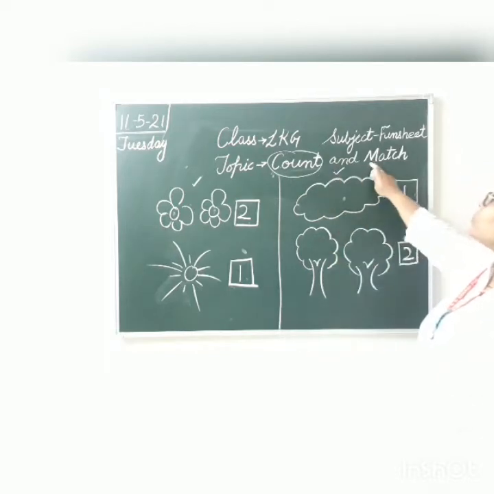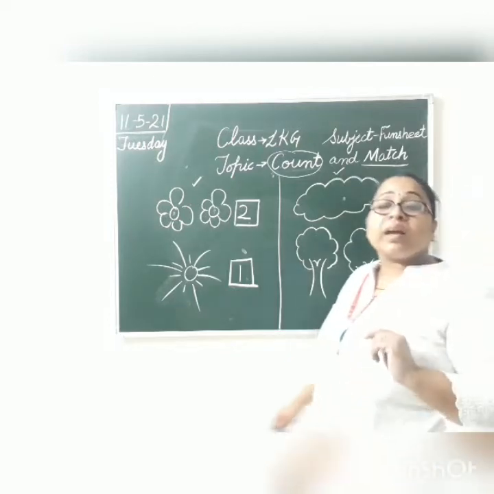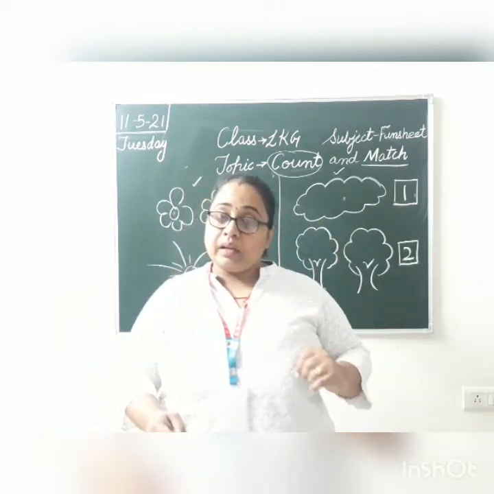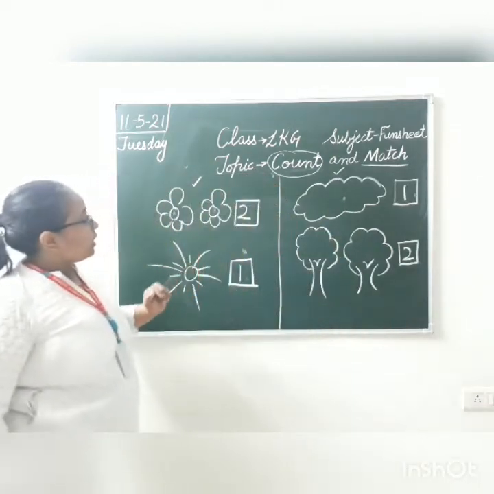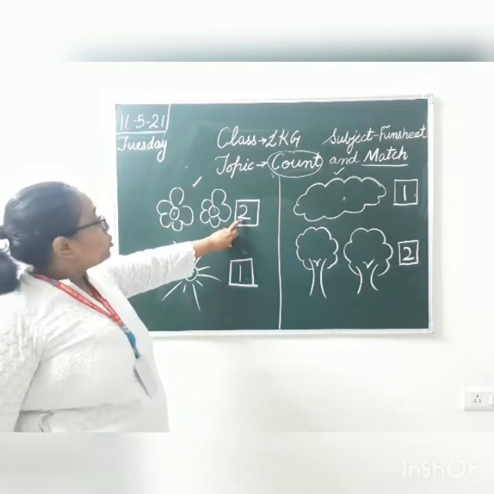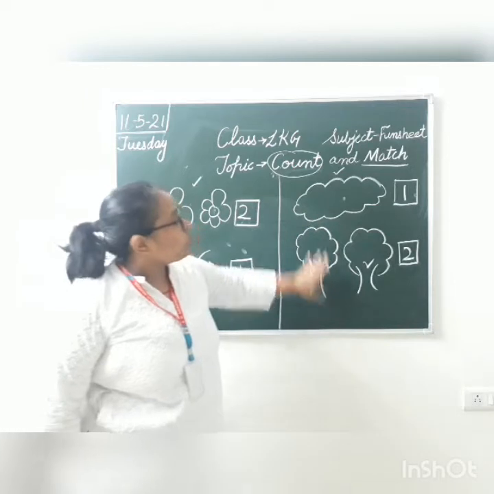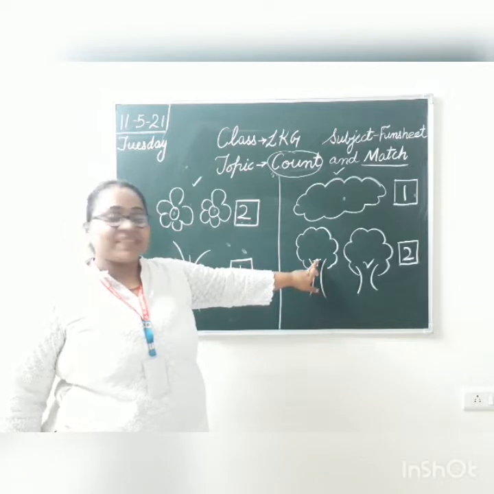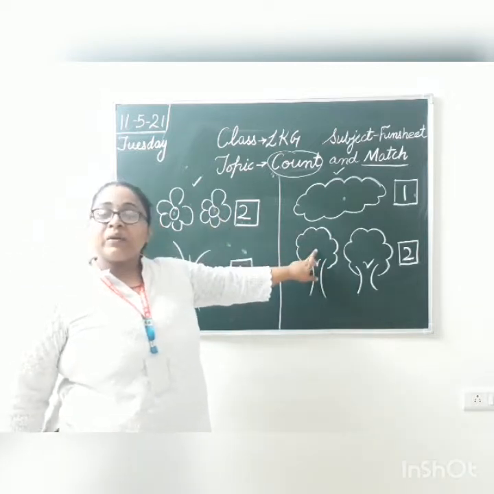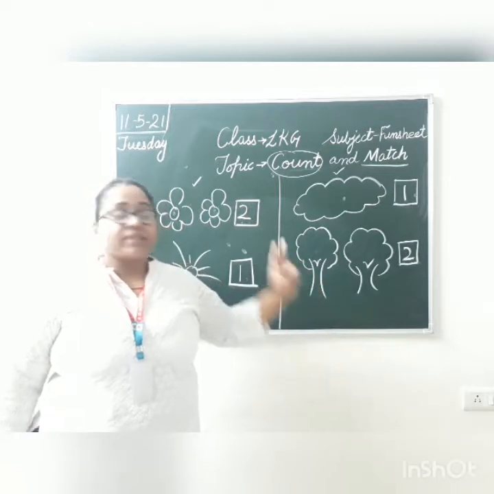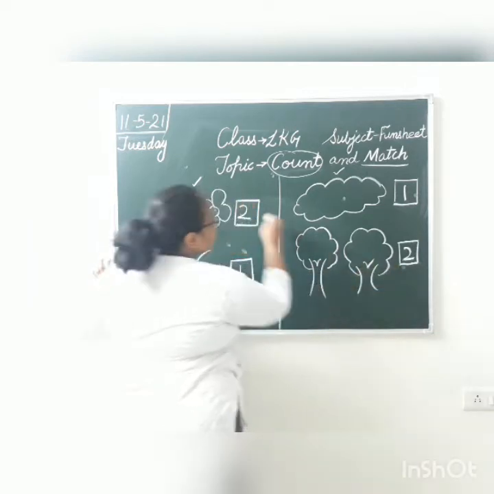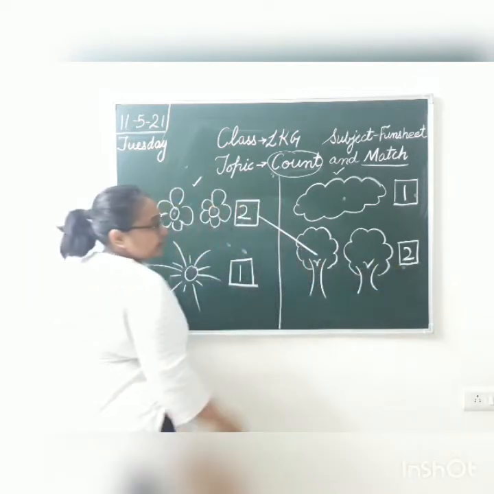Now what is the second work we have to do? We have to now match. Match होता है जब हम 2 सिमिलर चीजों को एक दूसरे से मिलाते हैं. Clear? See now. अब आप ये बताइए, what is this? 2 flowers. अब बताइए दूसरी साइड पे 2 कहाँ है? 2 tree है हमारे पास. Yes. So here we have 2 flowers and here we have 2 trees. So अब ये दोनों सेम हो गए ना, बिकॉज यहाँ पे भी 2 है, यहाँ पे भी 2 है. So you will match them like this.